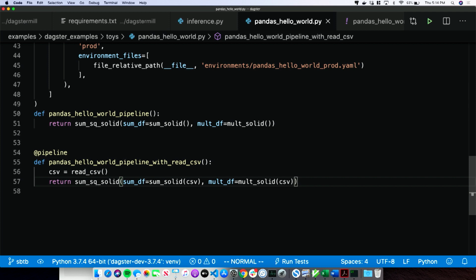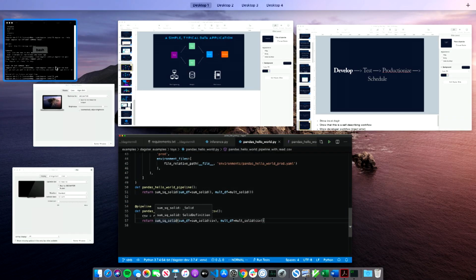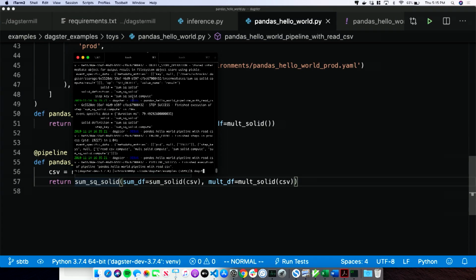So this is a DSL, right? It doesn't actually do the compute. It just builds a dependency graph. And because it's functions, we can call them like functions. Functions are amazing. They compose. You can pass things to them. It's this whole abstraction that works really well.